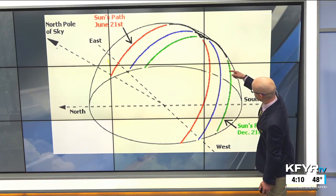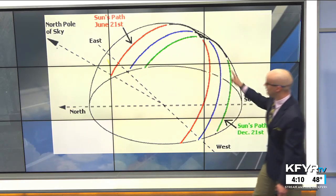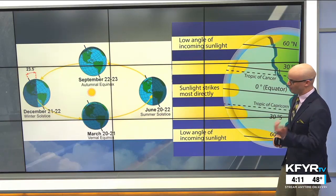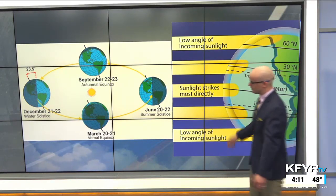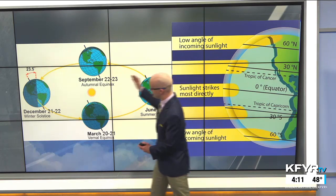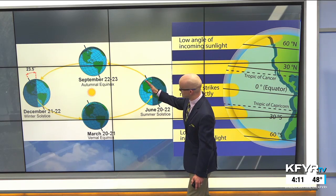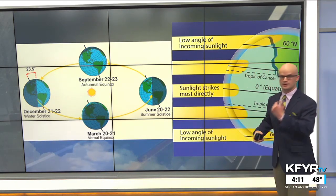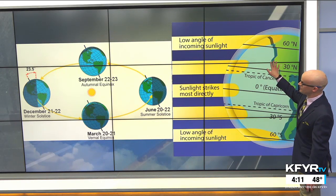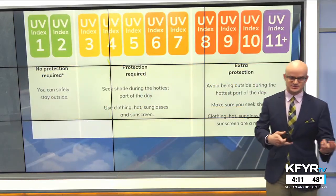So the sun's arc in the wintertime is a lot lower on the southern horizon compared to that more overhead arc of the sun that we have during the summertime, more direct sunlight, the rays coming in more directly from the sun, and that all has to do with the 23.5-degree tilt of our Earth and how our orbit is around the sun. So in the summertime, the northern hemisphere where we are is more directly pointed towards the sun compared to we're more pointed away from the sun with that tilt in the wintertime. So the lower angle of incoming sunlight in the wintertime doesn't allow for those added benefits, specifically with vitamin D